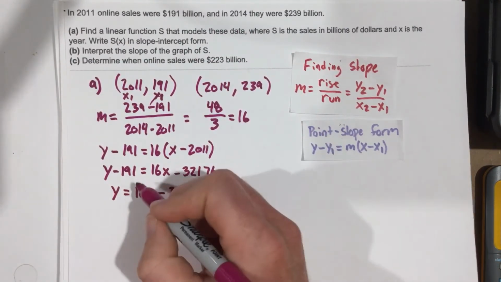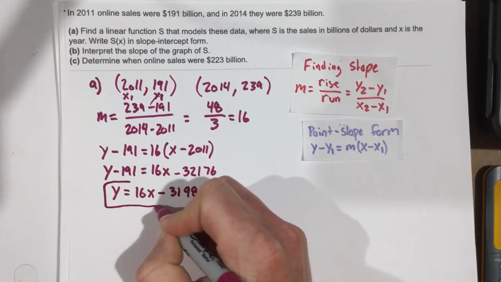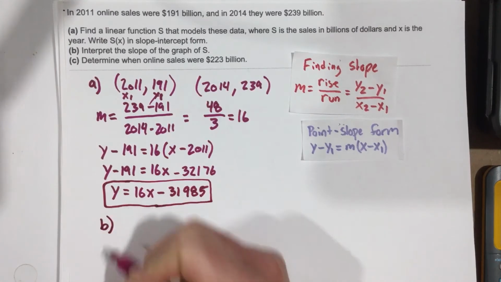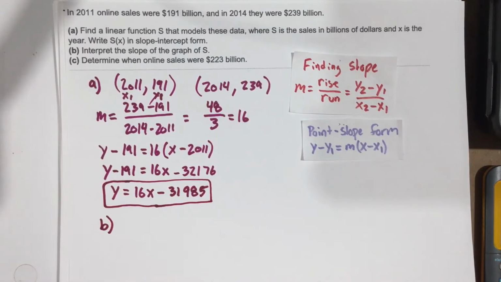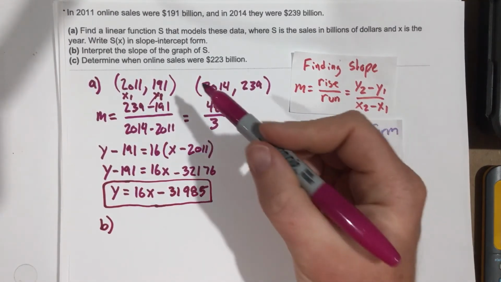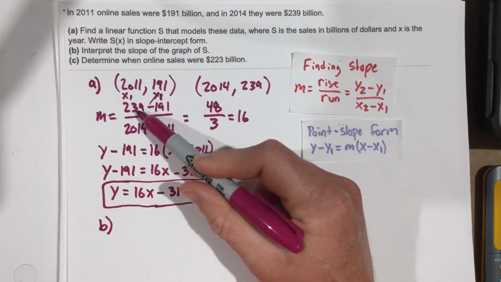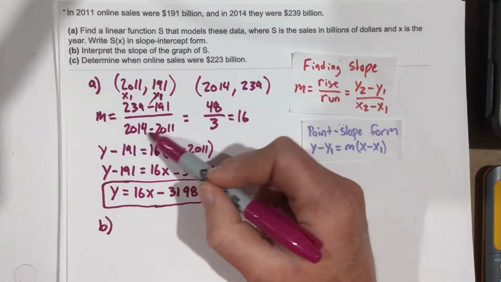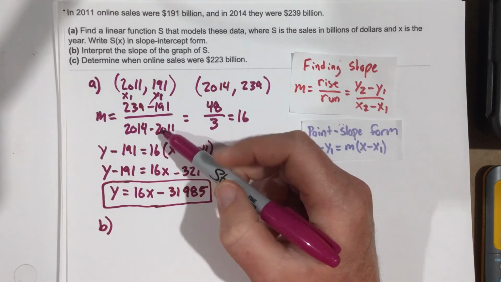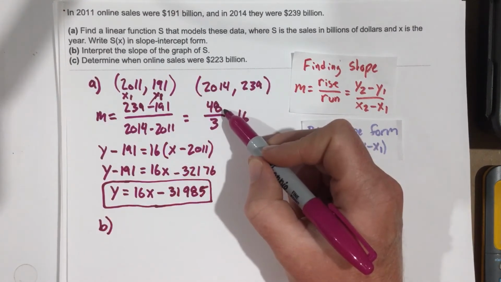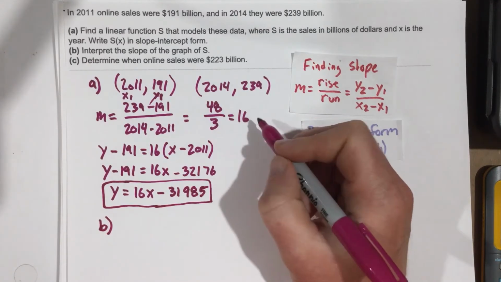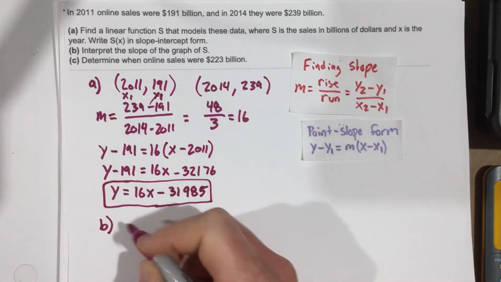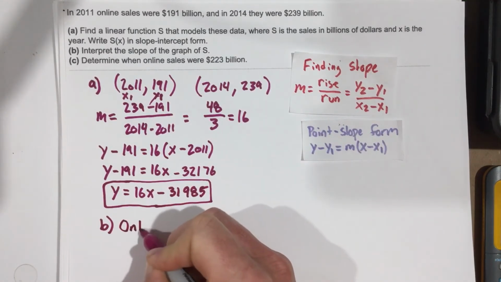And now in part B, we're going to go ahead and circle that. Now in part B, they want us to interpret the slope. So what does the slope mean? Well, let's take a look at what we did. We did 239 billion minus 191 billion over, basically over 3 years. So we did 48 billion over 3 years, which came up to be 16 billion per year. So we could say online sales